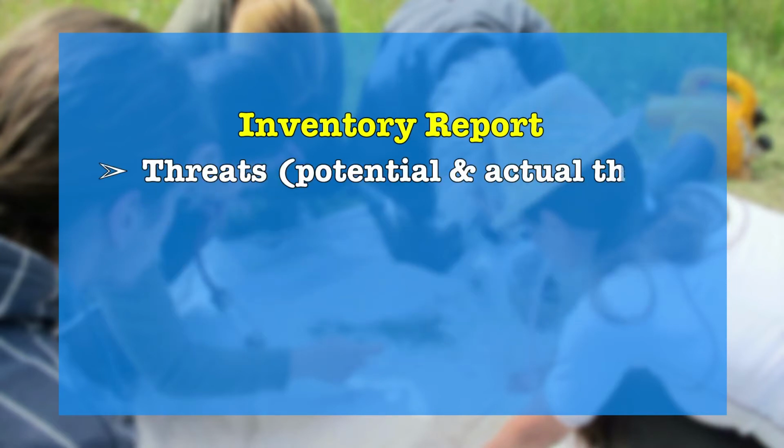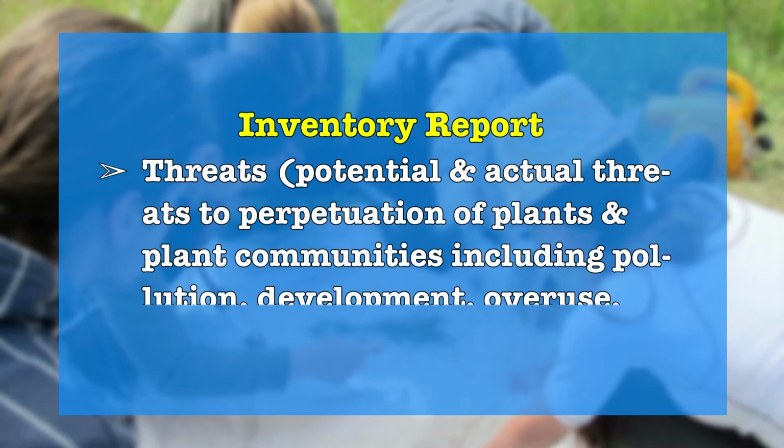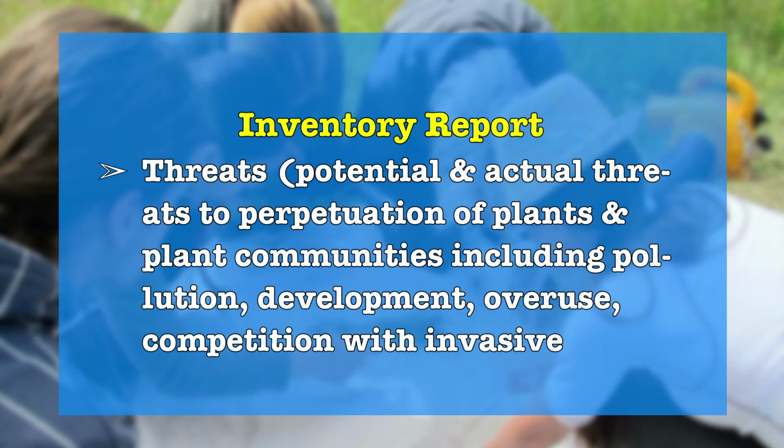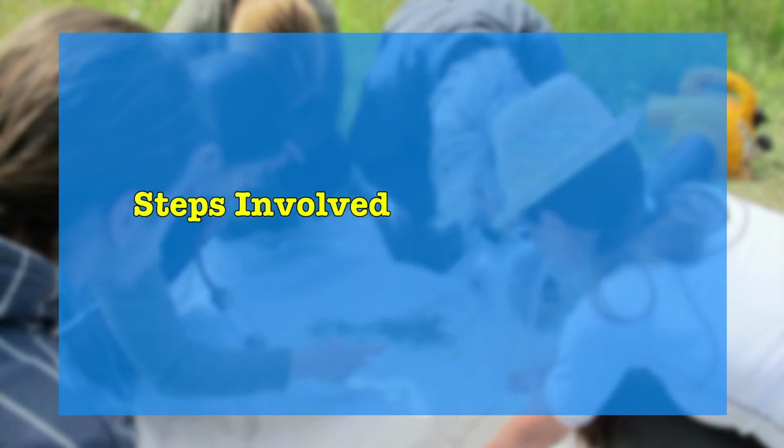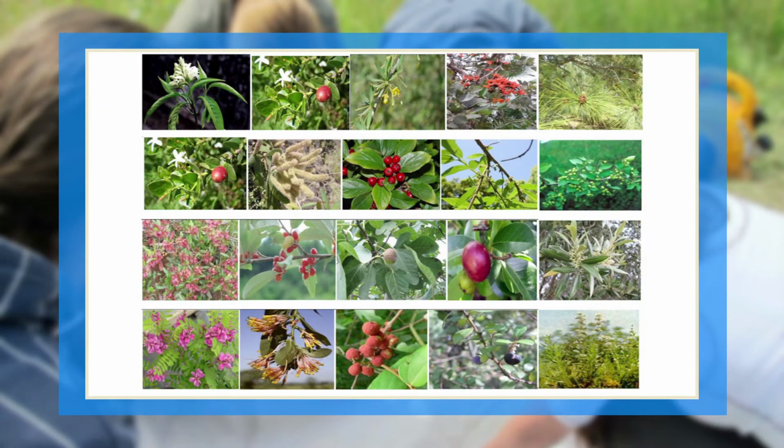It includes potential and actual threats to perpetuation of plants and plant communities, including pollution, development, overuse, competition with invasive aliens, etc. Dear students, now we will move on to the next objective, that's steps involved in the preparation of field inventory. Substantial knowledge of plant collection, plant classification, plant morphology, identification procedures and herbarium procedures is required to conduct adequate